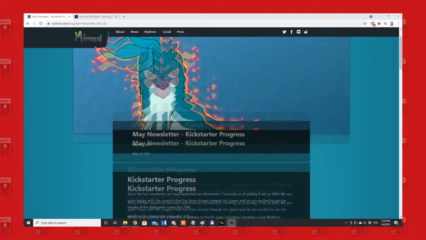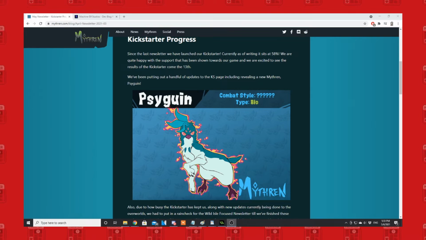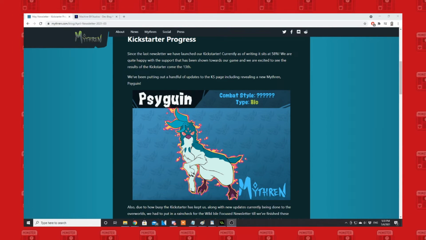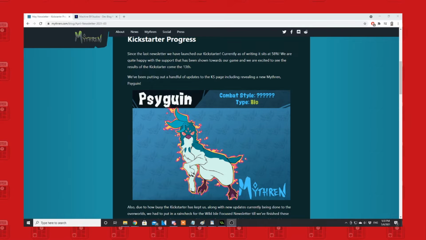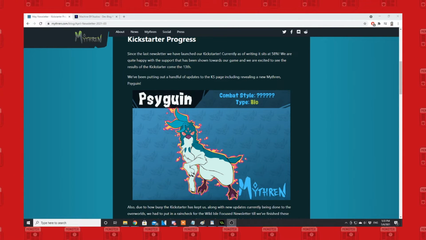So, May newsletter, Kickstarter progress. Since the last newsletter, we have launched our Kickstarter. Currently, it's sitting at 58%. We are quite happy with the support that it's shown towards our game, and we are excited to get the results of the Kickstarter come the 13th. We've been putting out a handful of updates on the Kickstarter page, including revealing a new Mythren, Cygwin,